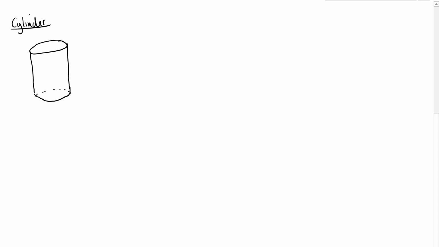Now let's have a go at going for a more cylindrical shape. Let's work out how to work out the surface area of a cylinder. A cylinder is going to be quite a weird one, since we have a curved surface. This cylinder has a curved surface going around the edge of it, and working out the area of a curved surface